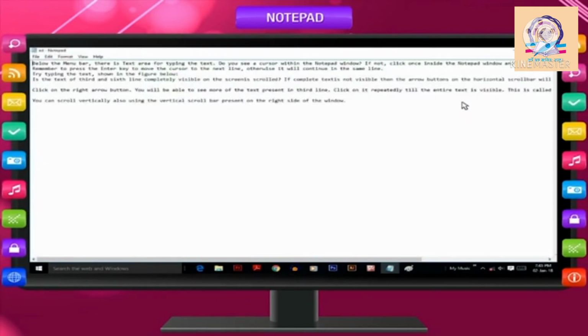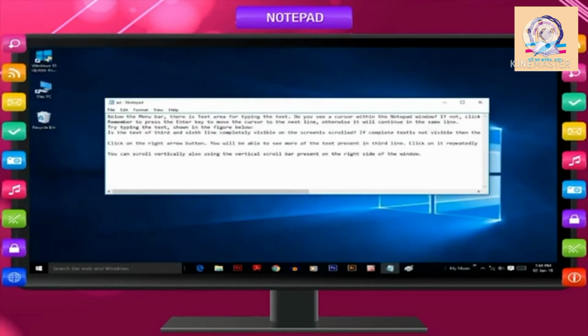Notice that the notepad window covers the whole screen. The window is maximized. Observe that the middle button has changed. This is now the Restore Down button. Click on it again to restore the window to its original size.